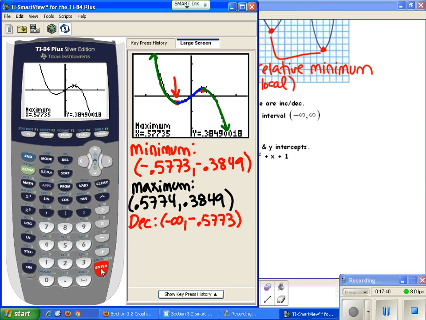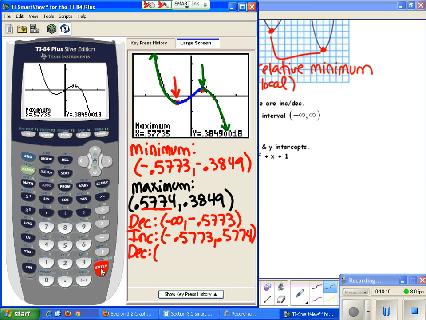And then from that same point now to this point here, we are increasing, so then I'm increasing on the interval from negative 0.5773, comma, to, and then now I need to look at the maximum x value, which is this one right here, 0.5774. And then for the last part, I am again decreasing on the interval from now this value, which we just wrote,